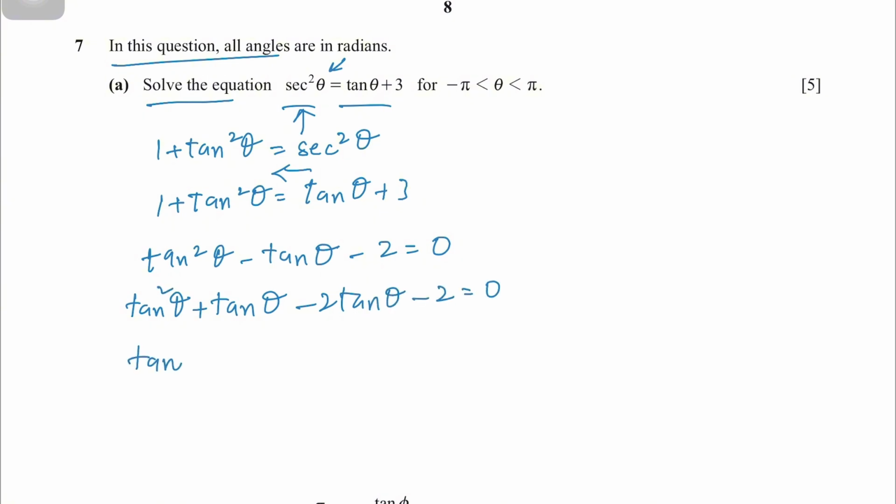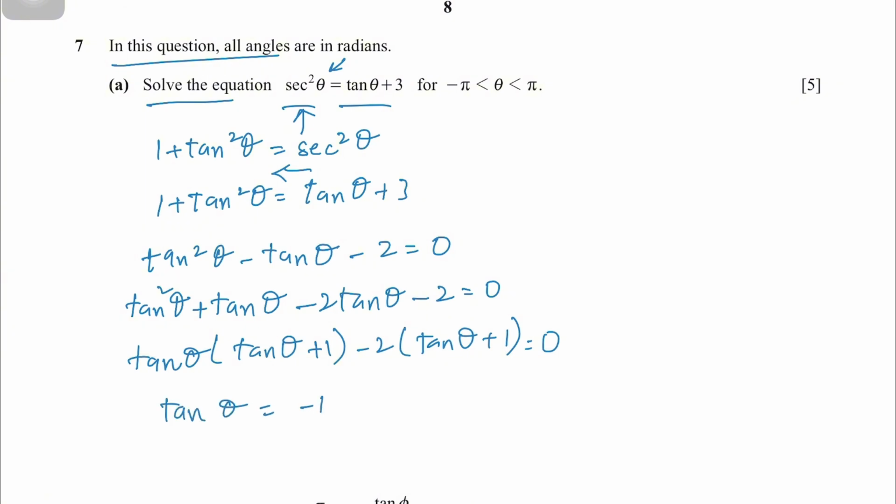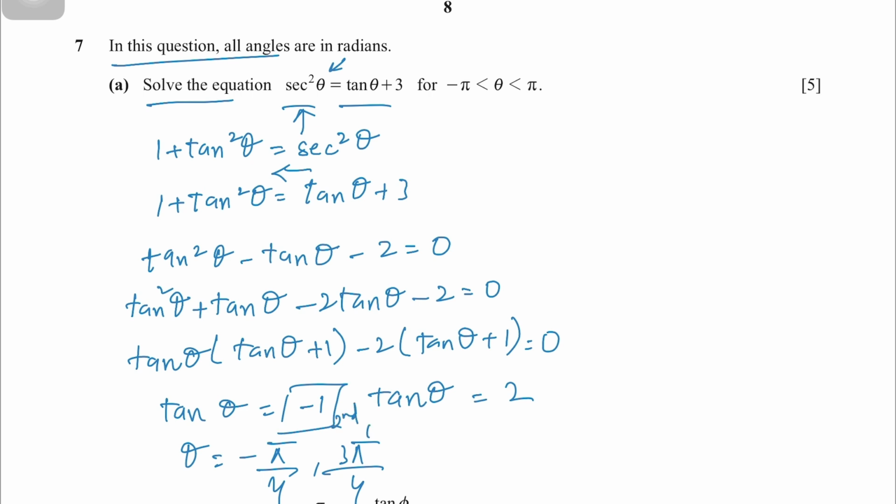Taking tan theta as common, this would be tan theta plus 1, negative 2 as common, tan theta plus 1 equals 0. We get our tan theta as negative 1 and tan theta as 2. So if we calculate our theta from here, this would be negative pi by 4 and this would be 3 pi by 4. Since tan theta is negative in the second quadrant and the fourth quadrant only,